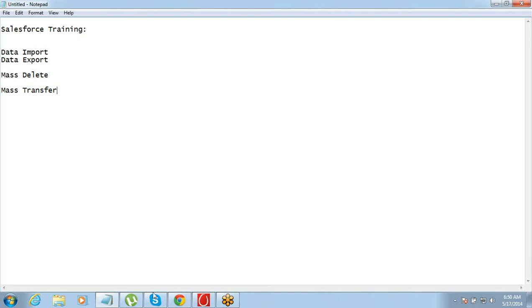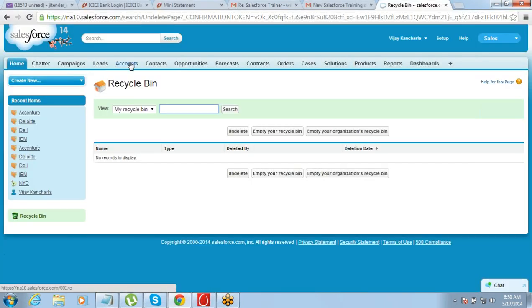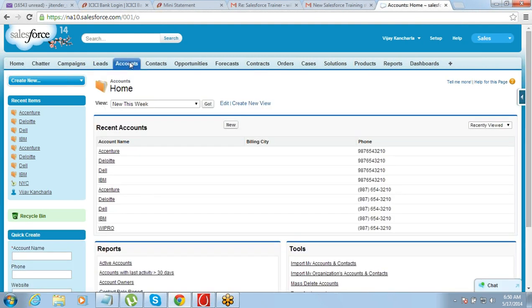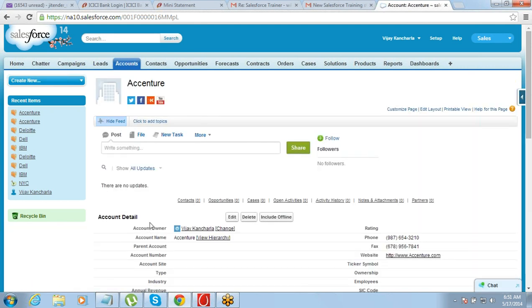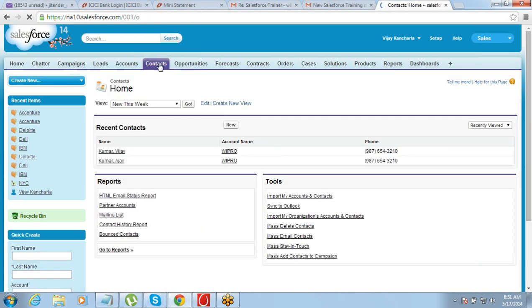see, if you guys have noticed, in Salesforce, every record has an owner. If you open any record in Salesforce, you will see that there is a record owner. For account, there is an account owner. If you go to contacts, you will see that there are contact owners.